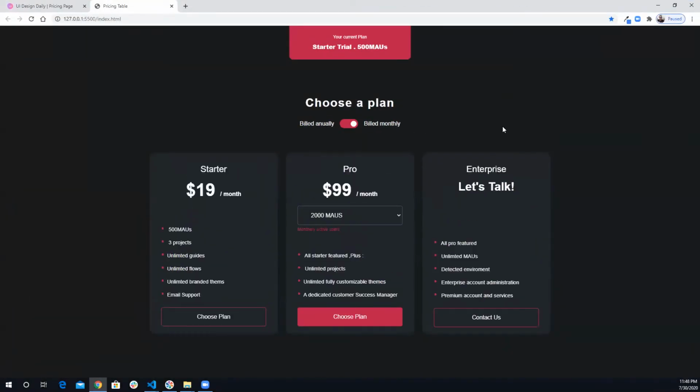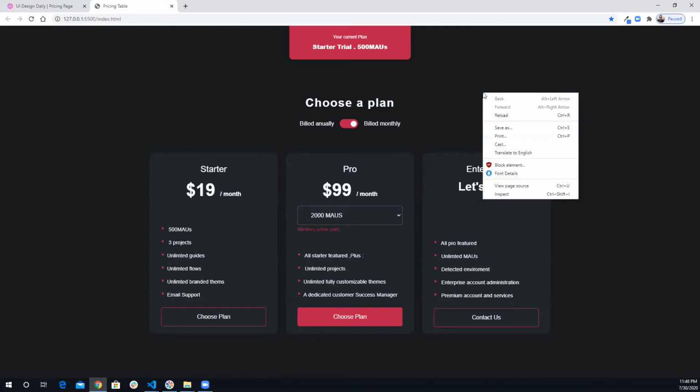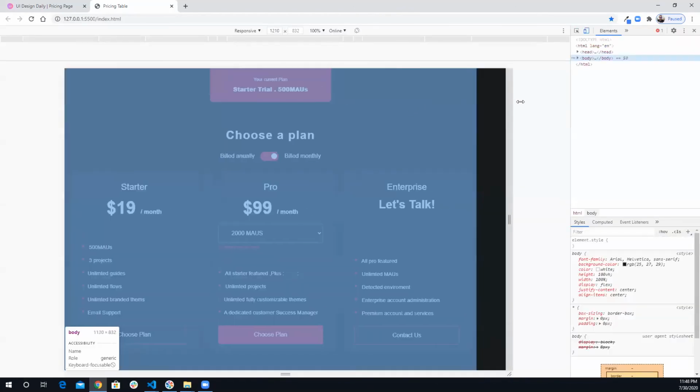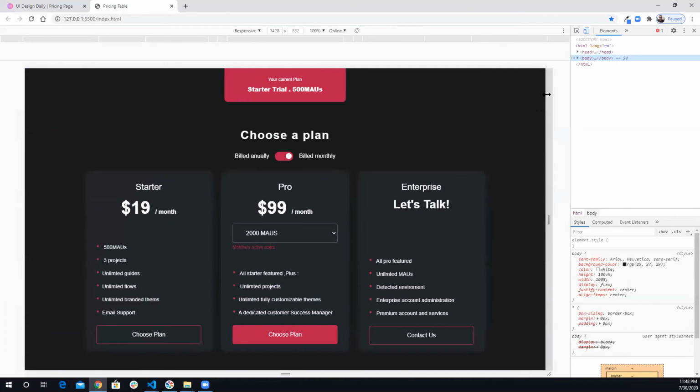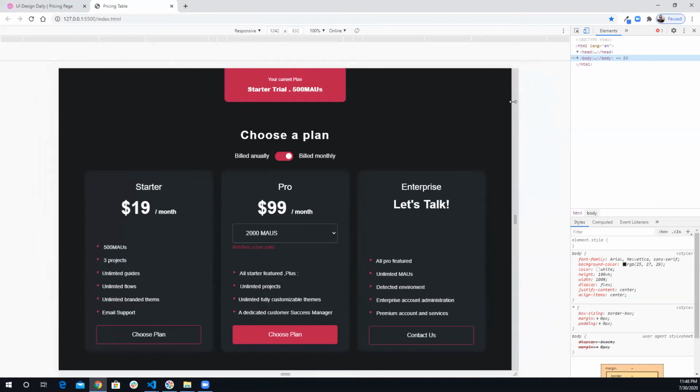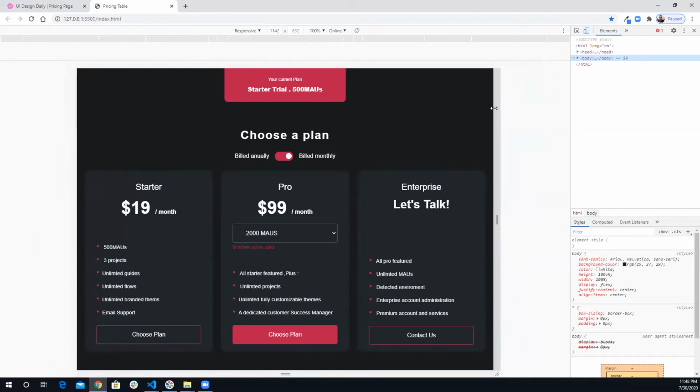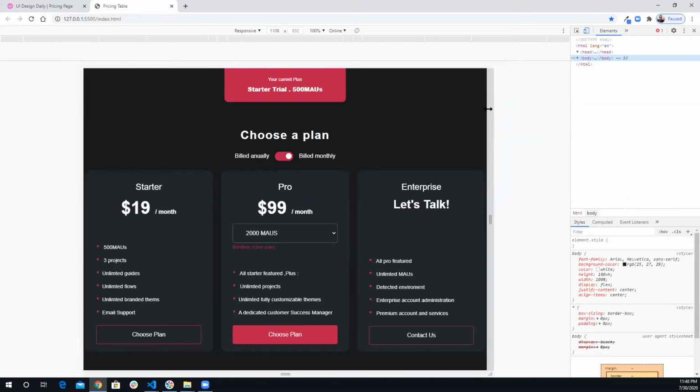So now what I want to do is working on the responsive of this page to make it responsive. So to test the responsiveness of this page, I'm going to inspect it. I'm going to increase the width, and decrease the width slowly until I find the breakpoint. And the breakpoint looks like it's here, which is 1112 pixels. So I'll take this copy,